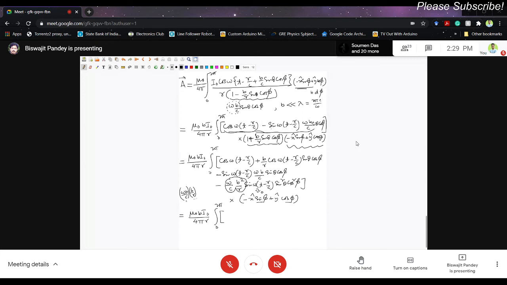If I integrate sinφ or cosφ from 0 to 2π, that will be 0, right? So if I see, we have minus x̂ sinφ plus ŷ cosφ, so multiply these two terms one by one with all this. That will be quite lengthy. If I do the calculation, it will take another page.